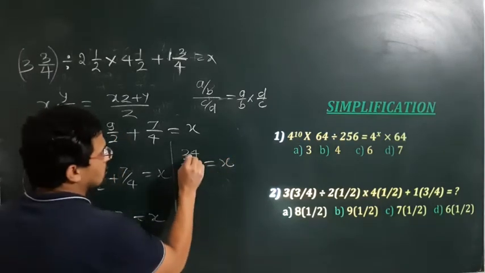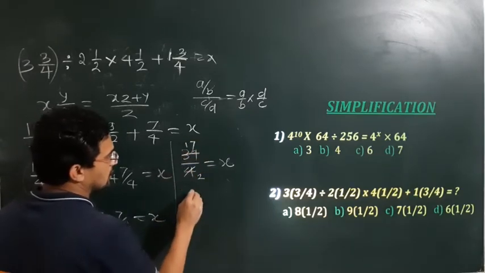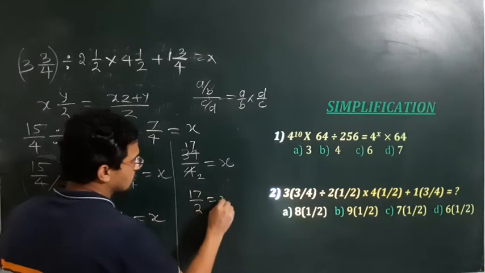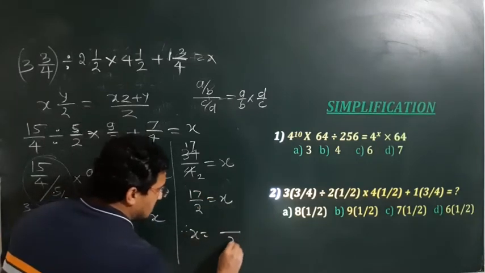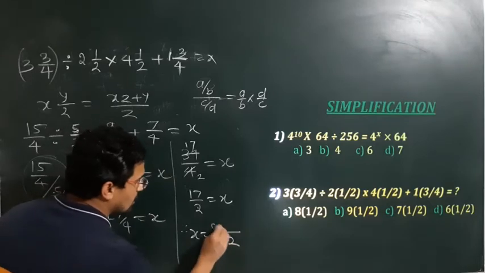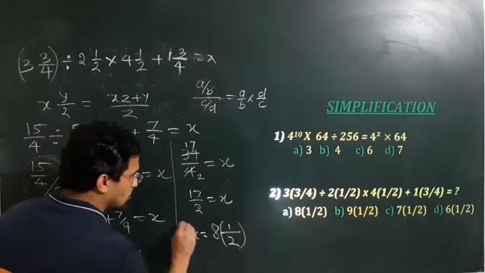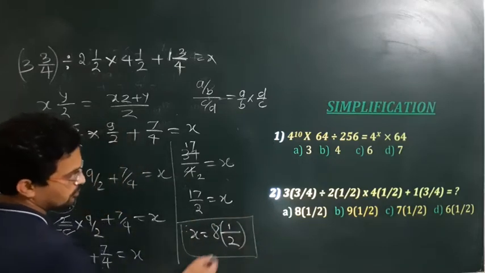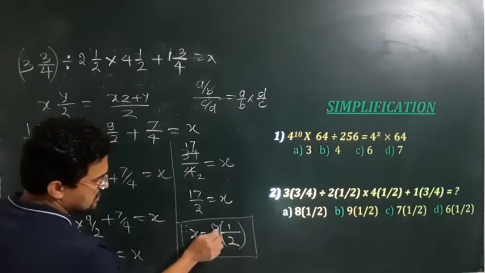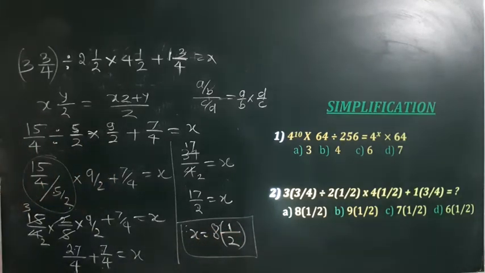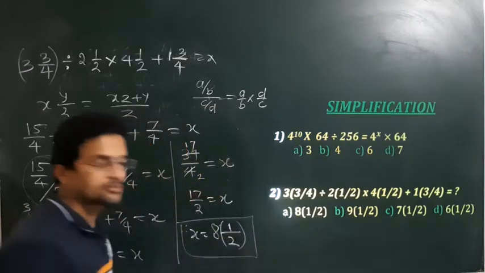Okay, now you can make it division, 2 2s are 4, 2 17s are 34, so 17 divided by 2 is equal to what? X. Okay, this can be written as what? As it is 2, so 2 8s are 16 plus 1, this is the answer. Because 17 can be written as 8, 2 8s are 16, 16 plus 1 is 17. Okay, so bring it in this format. So option A is correct, option A is correct.